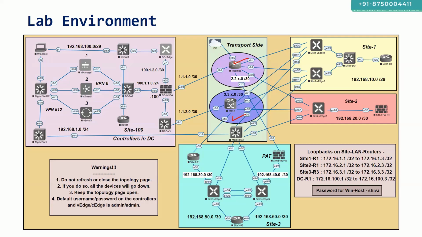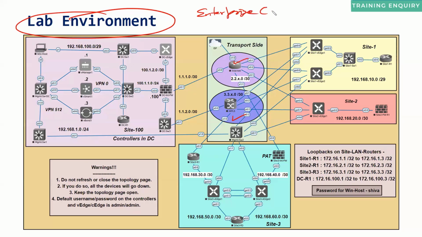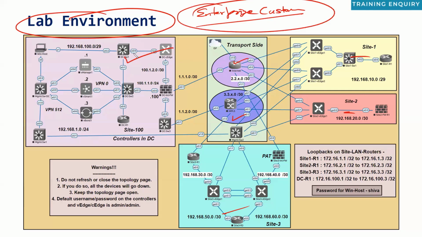One more thing that I would like to specify as well is that this lab environment is built in such a way that you are deploying the SD-WAN for an enterprise customer. For an enterprise customer, like you have got an enterprise customer which has a data center and then a couple of remote sites. That's where they have got WAN connections like MPLS and internet. So it's an example of the enterprise customer. It could be a banking customer, it could be a non-banking customer. That all depends, right? But the example or the topology that we have constructed here is from an enterprise customer